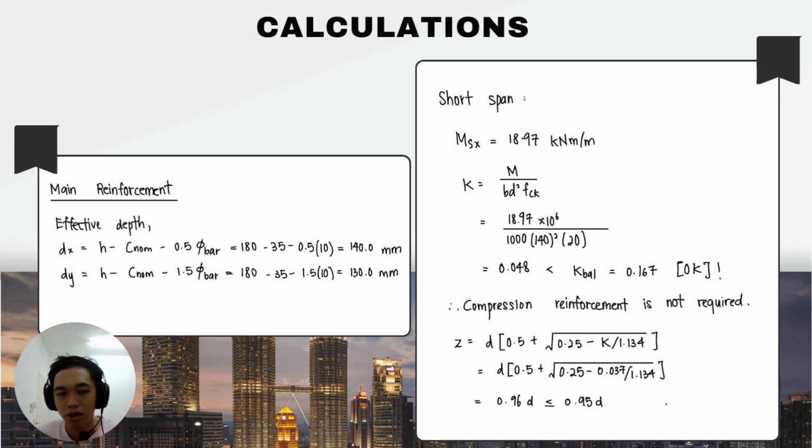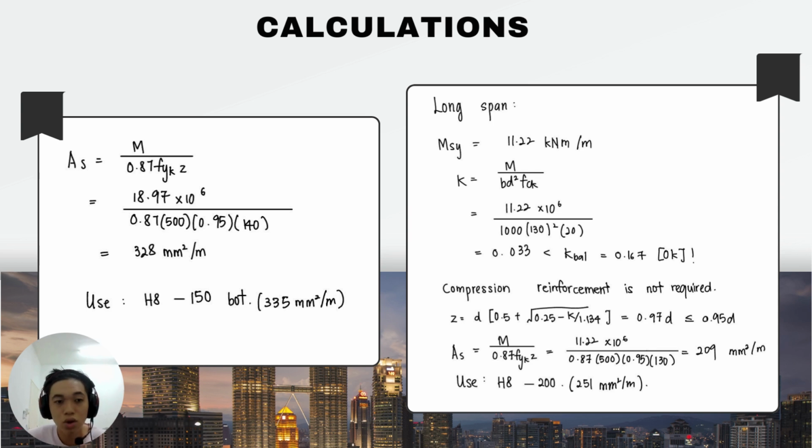From here, we can calculate the short span by using the formula and the given data from the previous values. So here we can see the compression reinforcement is not required, which is okay because K is less than 0.167. The short span reinforcement area that we have obtained is 328 millimeter square per meter, and we have used